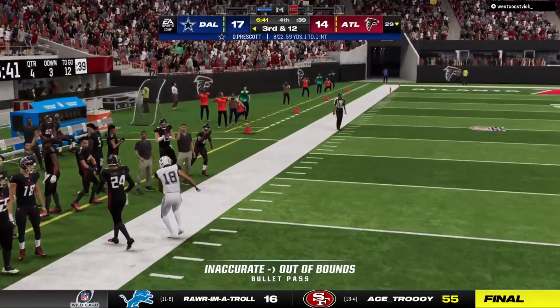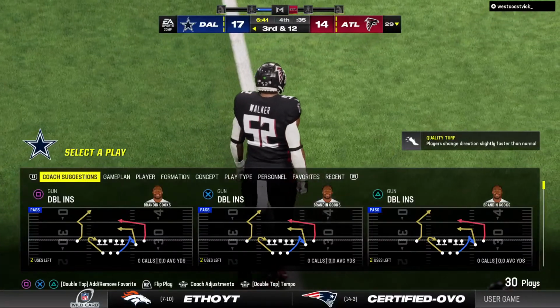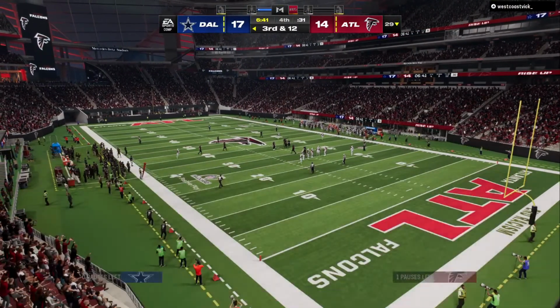They try to throw on 2nd down, but this one is incomplete. Had the right idea there, trying to throw it to the sideline, but he led him just a little bit too much, trying to get it out to his...